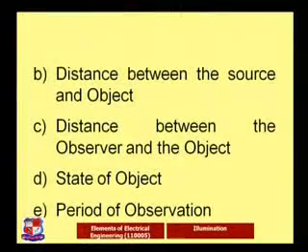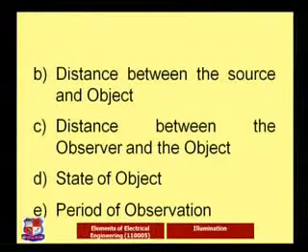The next one is the state of the object. Now state of the object tells in what condition that particular object is lying, whether it is in the steady state condition, or whether it is in a rotating or moving condition. If the object is in the steady state, means it is lying in one particular place and is not going to move, in that case the requirement of the illumination is going to reduce. But again opposite of the same, if it is rotating or having some movement to and fro, in that case the illumination requirement is higher, because our eye has to catch that. So in the rotating case the illumination is going to be higher.